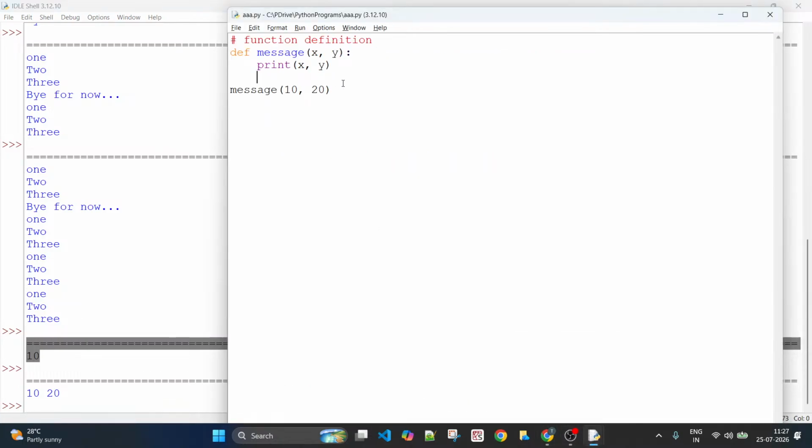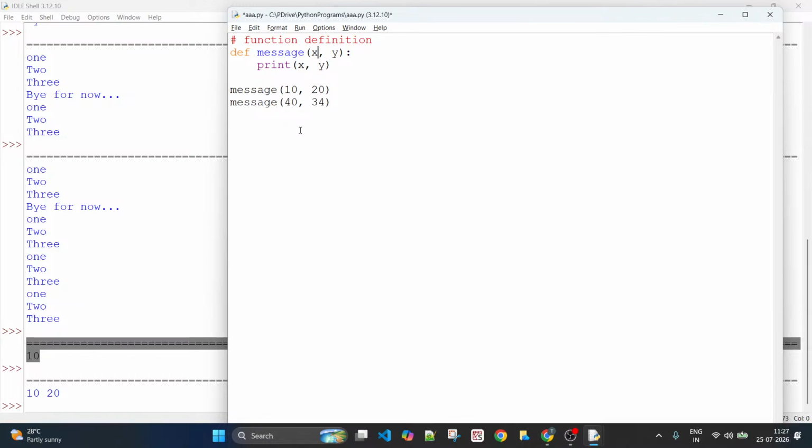Okay. Next thing, what if I want to make another call to this function but with different data, different input? I'll just say 40 and 34. I am reusing the code. This time I have passed a different set of arguments.